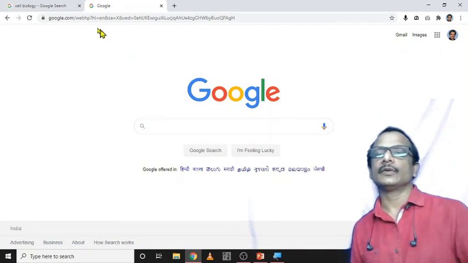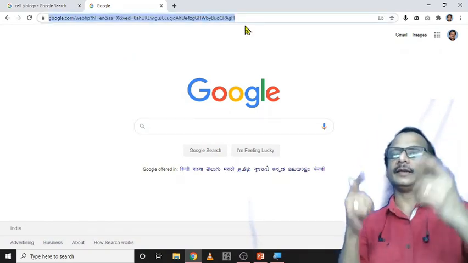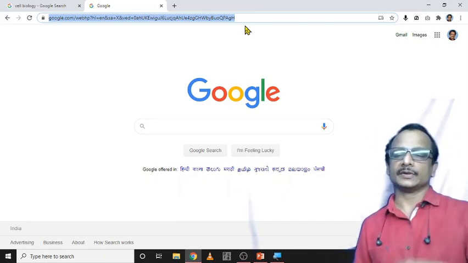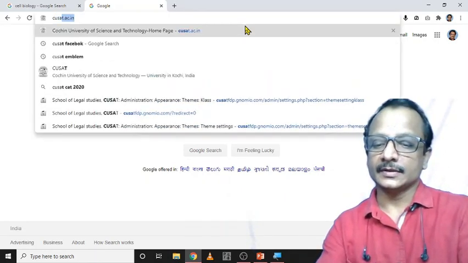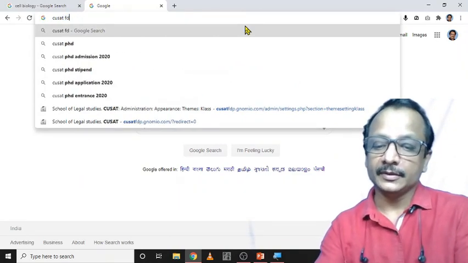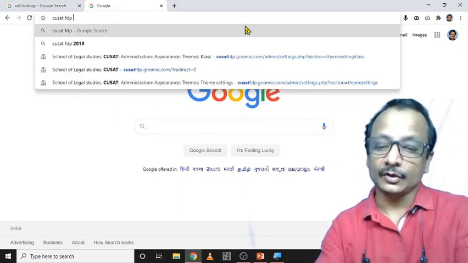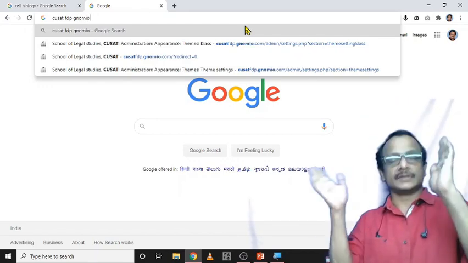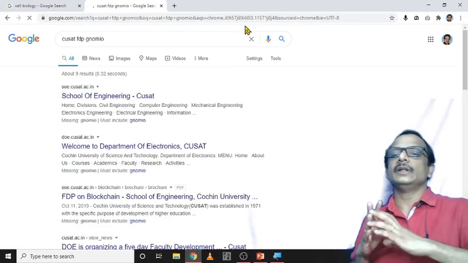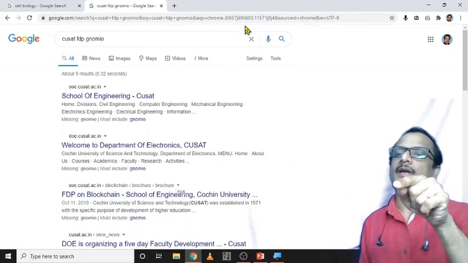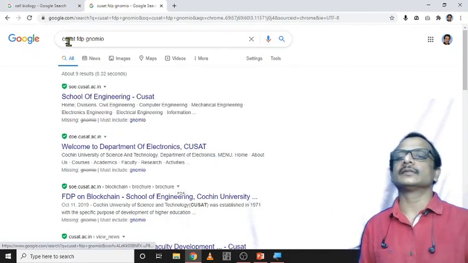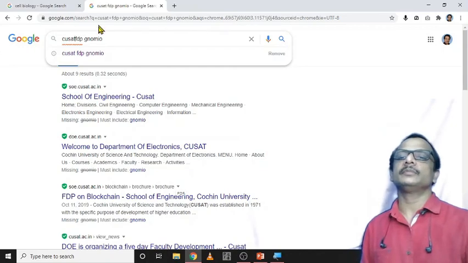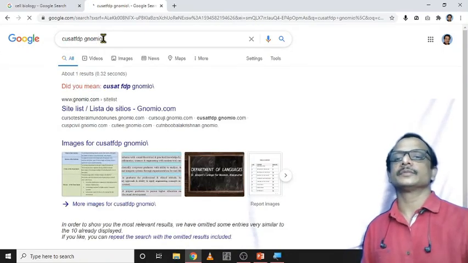This is a search window and this is an address bar. If you know the address of a particular site, for example for this course you use this particular site, CUSAT FDP Genomio, you can recollect all these terms and just search, but you will not reach our particular site because you searched for CUSAT FDP Genomio. If you make it together, CUSAT FDP and Genomio, and search again, it will